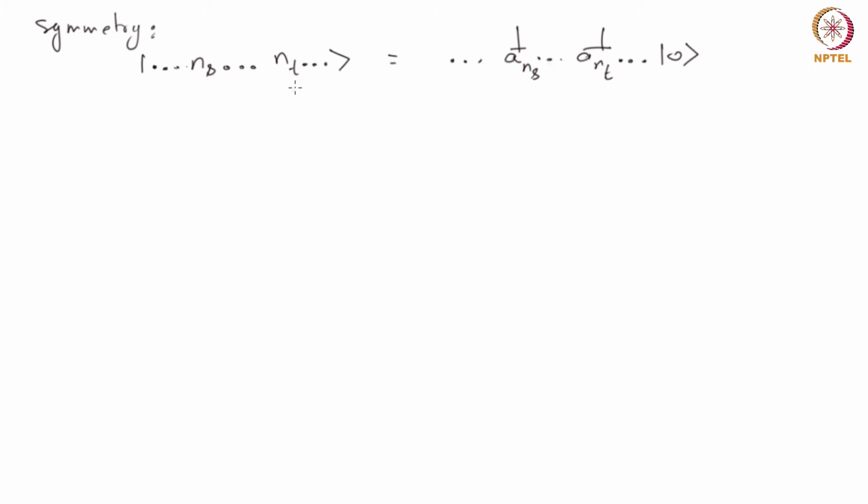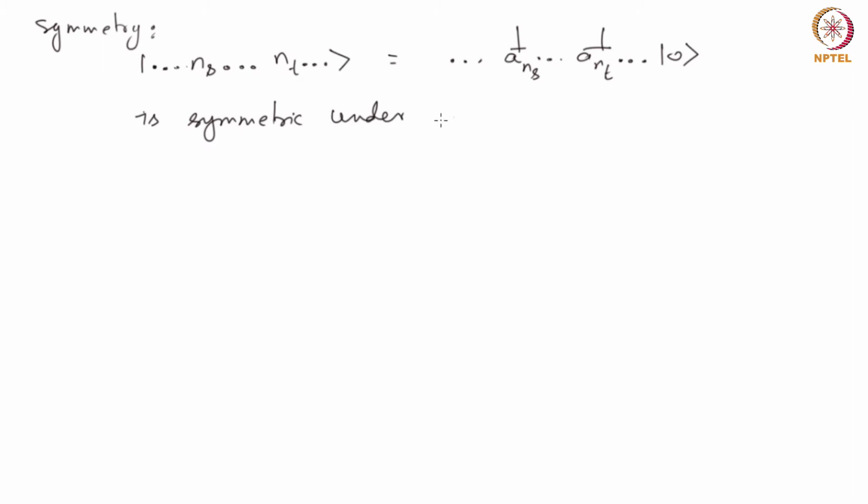Okay, now you see that because I can interchange these two, nothing changes because they commute. So this one will go through all the A daggers you have here because they commute and can come here, and this guy can go backwards because it commutes, it can sit here, there's no problem, which means that this state or all the eigenstates of the Hamiltonian, they are symmetric